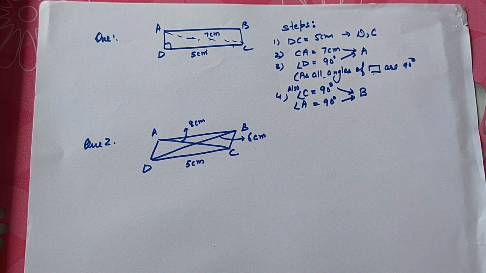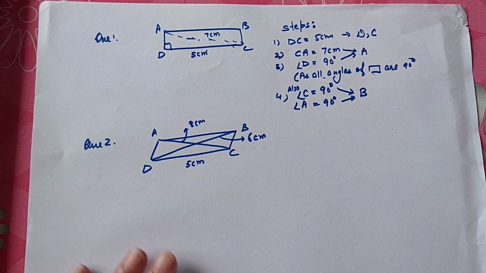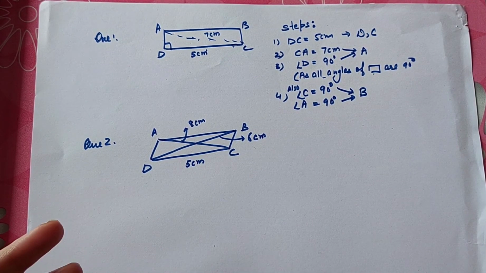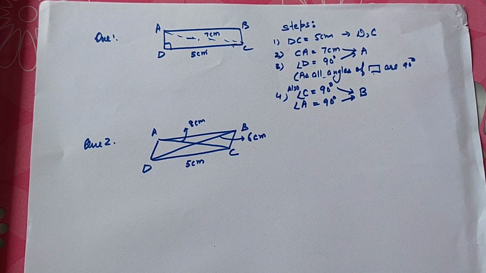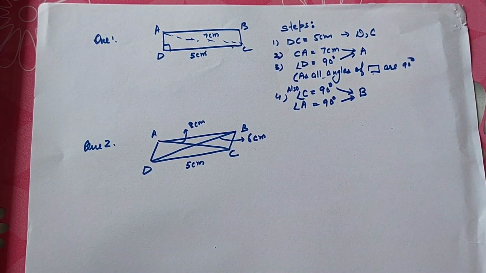But the construction of specific figures like rectangle and square, when the measures are not given and you have to use the properties, is a little, I would say, an application level up, because you have to recall all the properties. You must be aware of the properties of quadrilaterals. If question 2 is troubling you, that means the properties of parallelogram have not set properly in your mind. You can also open your class 8 book or notebook, you have done the properties. You may have forgotten them, but you have done them.